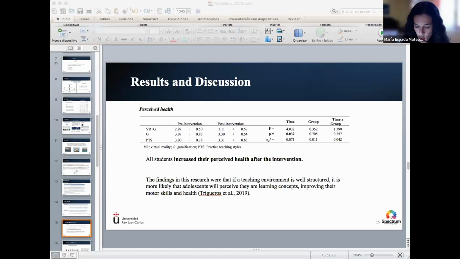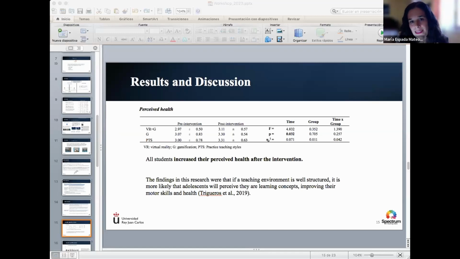So we thought that if we introduce something different in their class, like virtual reality, something really new for them, we can improve their motivation and maybe their engagement in sports and other activities outside of physical education classes.